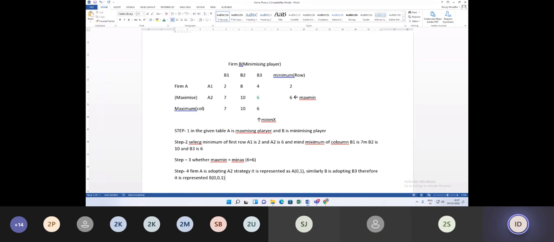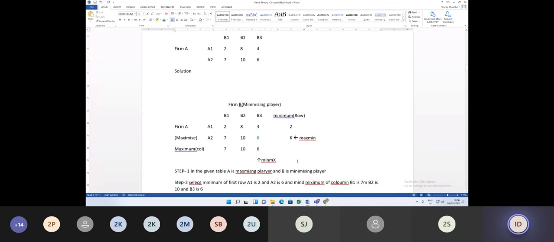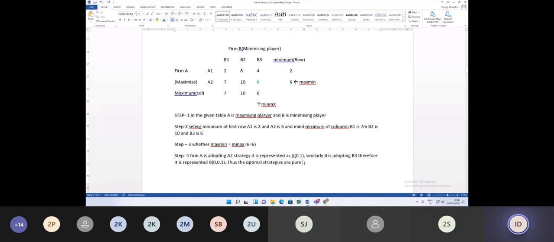Now, the conclusion is that the optimal strategies are pure. Am I right? Is it pure or not? Yes, it is pure. When can we say pure? Remember the definition. Because the values are equal. If 6 is equal to 6, then it is called a pure strategy. The strategies are pure, and the optimal value